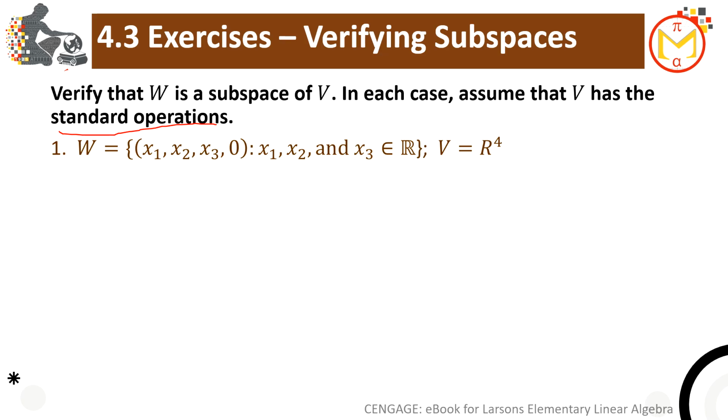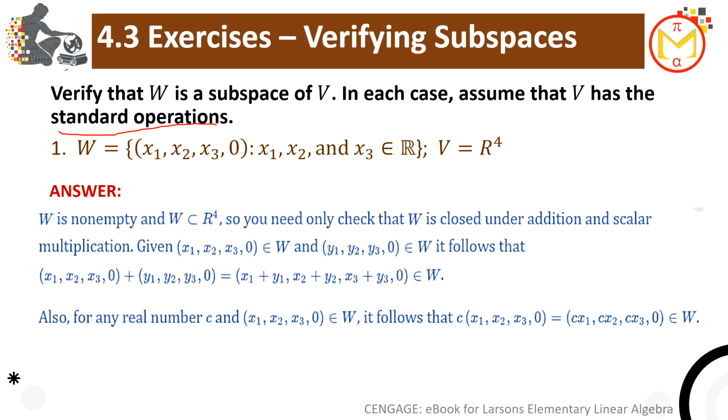Okay, x1, x2, x3, and all these are real numbers. This is always 0. Okay, so with this, again, this is a non-empty set, no? It will not be an empty set, because your x sub 1, x sub 2, x sub 3 can be 0, no? And it belongs to any real number, and 0 is a real number.